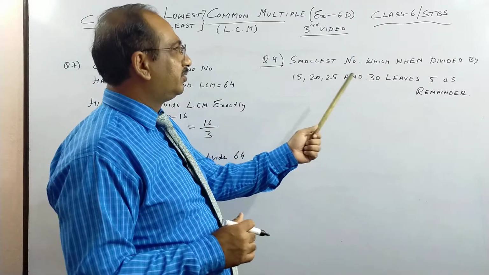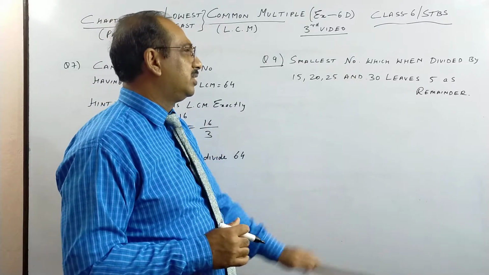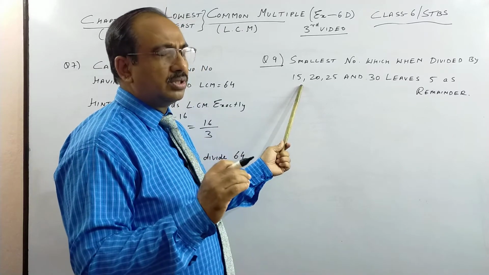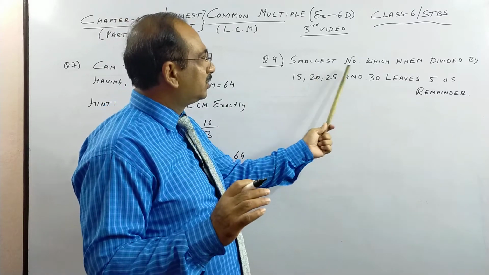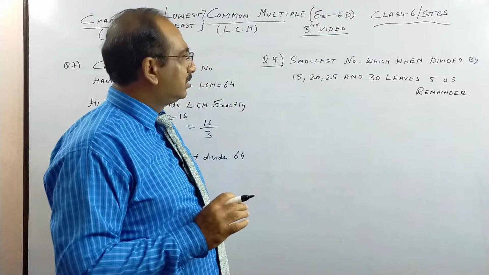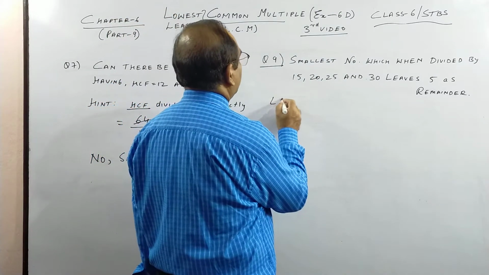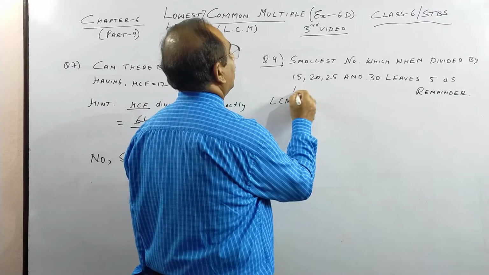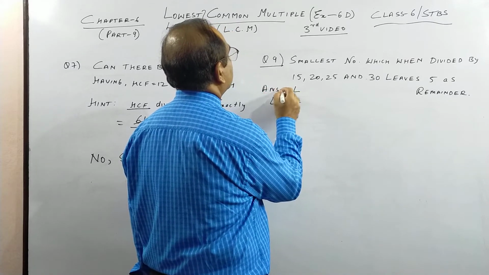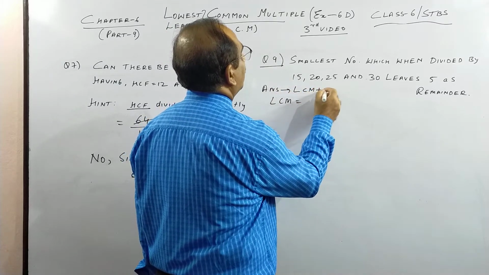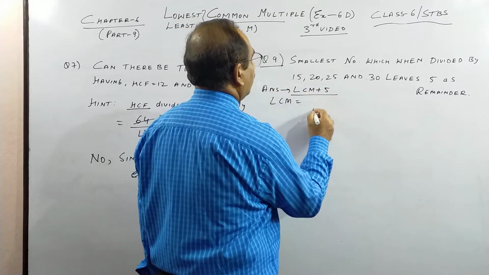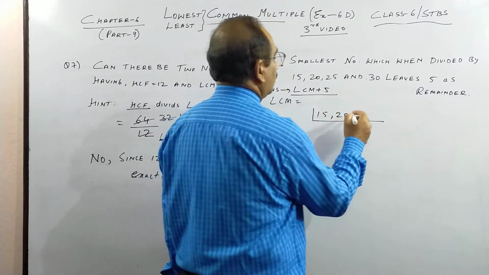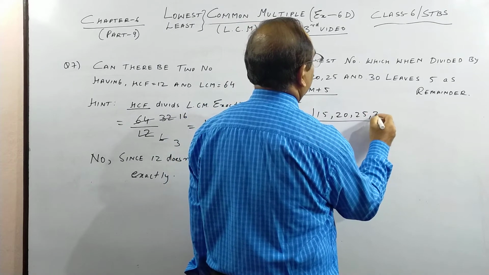Smallest number which when divided by this leaves 5 as remainder. So ultimately, if you think which is the smallest number, I'll show you with the answer. So in such questions where smallest number is asked, we take LCM. So we find LCM of the following numbers. So your answer will be LCM plus 5. Your answer will be, children, in this case, LCM of numbers plus 5. Then I will verify it with you, at least with one or two numbers, why my answer is right.